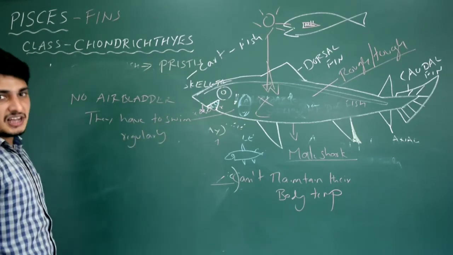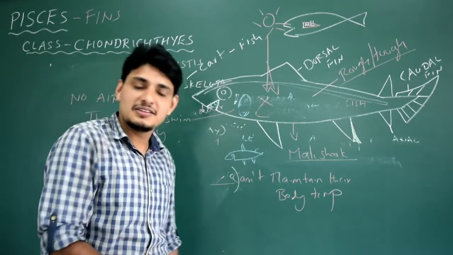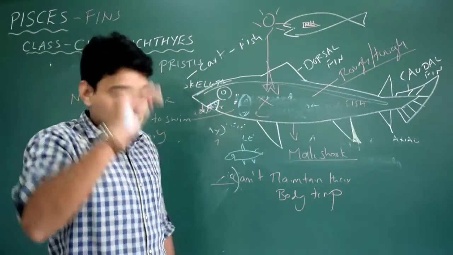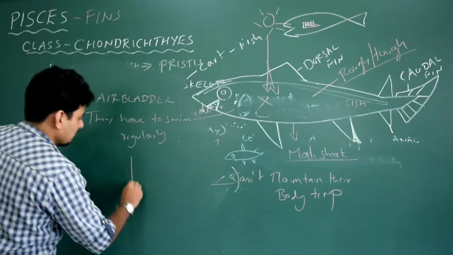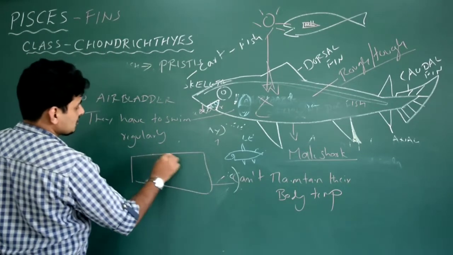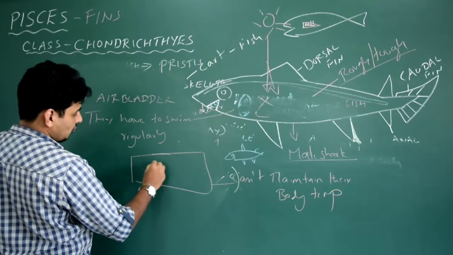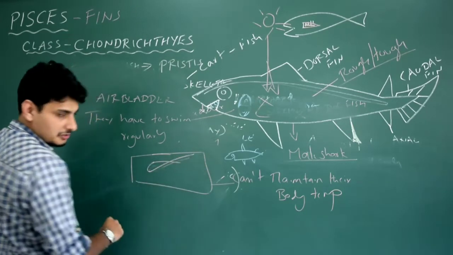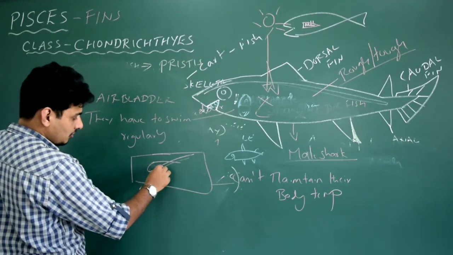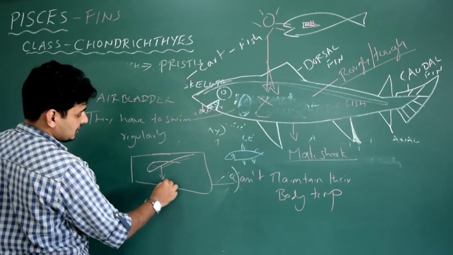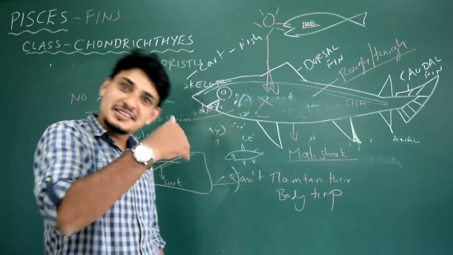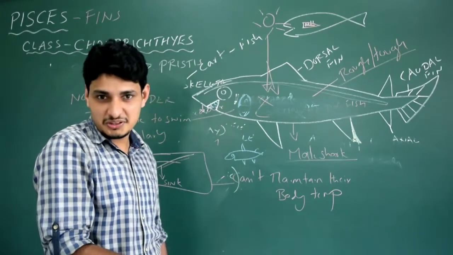Got it? Sharks, or any other chondrichthyes, they swim regularly actually. They cannot take rest. For example, if they are tired in the water, let us say this is the surface of water, this is the middle of the water, and the shark is somewhere here, and it is tired now. So what's going to happen to this shark? They sink. Can you believe? This is an aquatic organism. They can sink. Got it? Nothing will happen to them but sink.